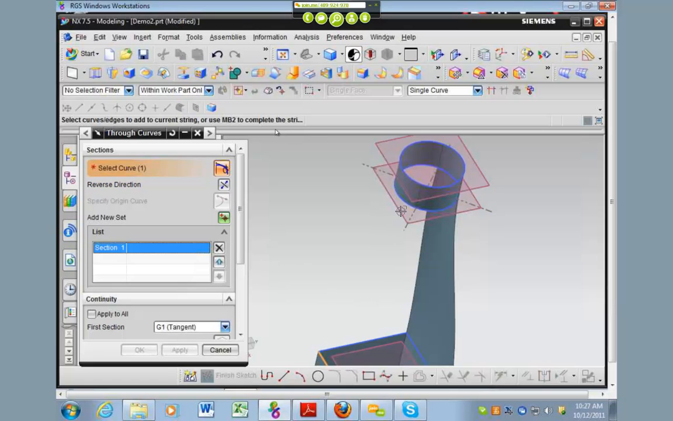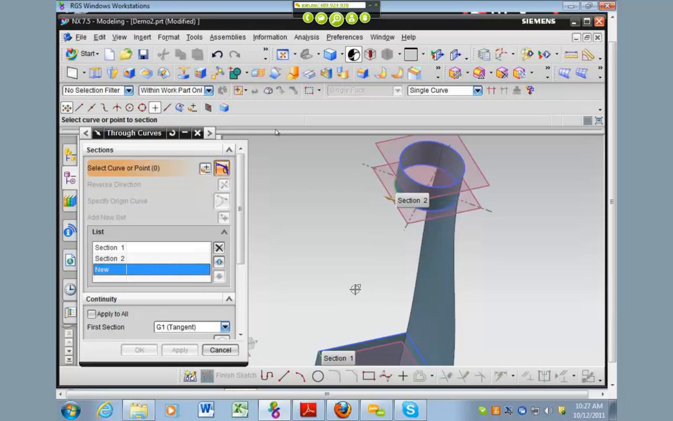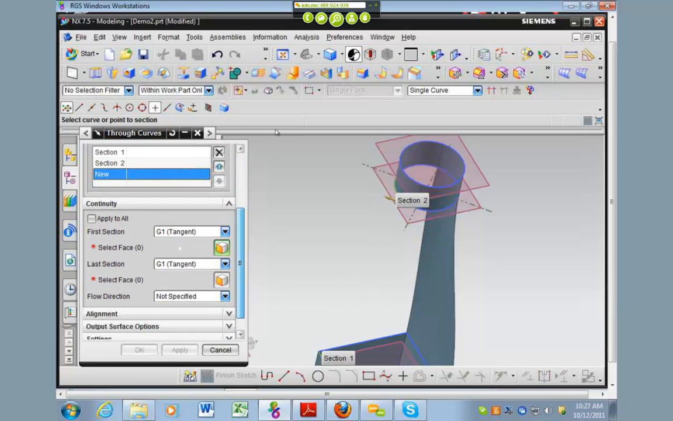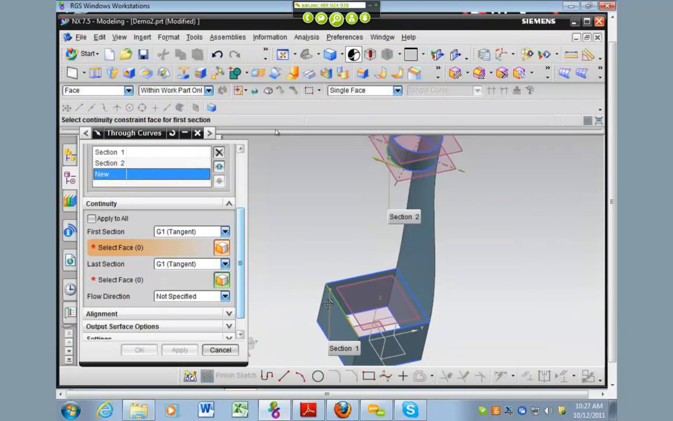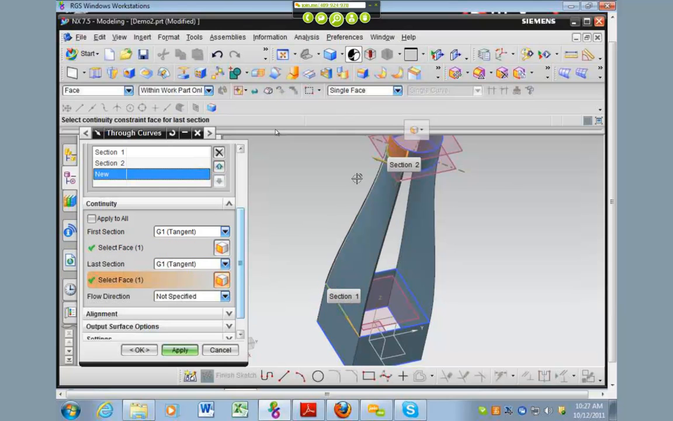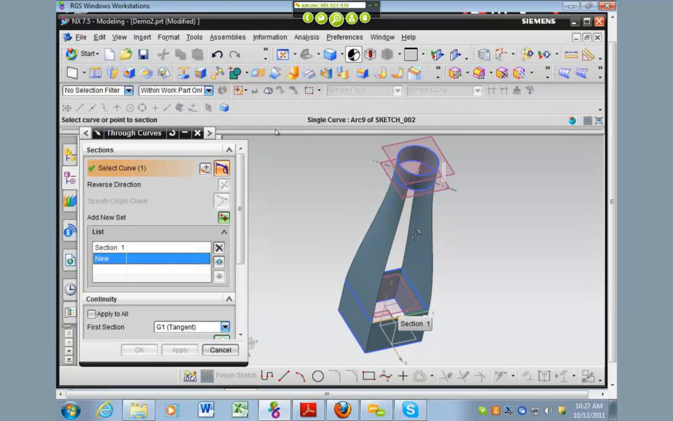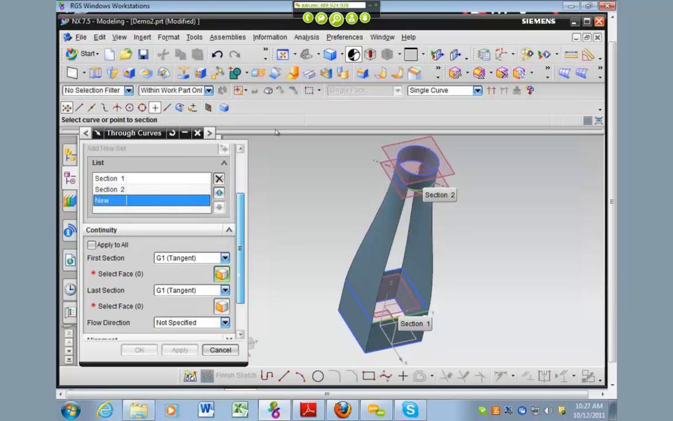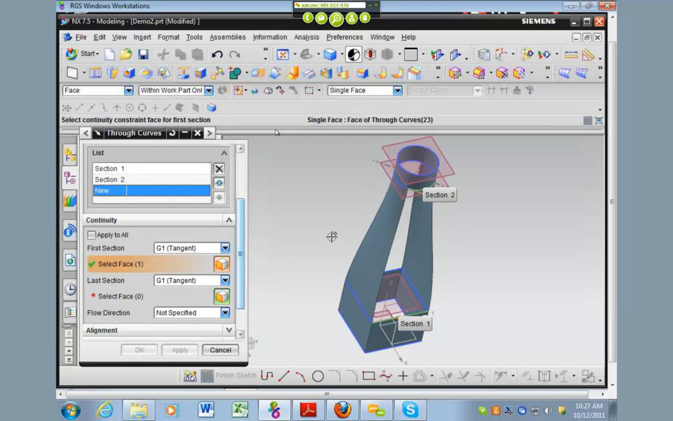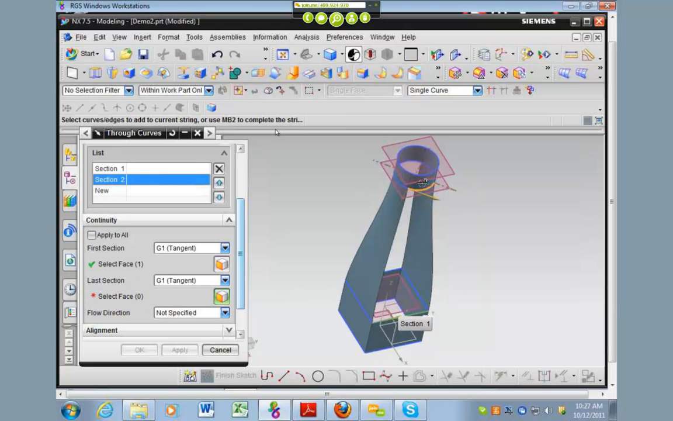If we do these across like this, and now it's asking which face to be tangent. So the first one we want it to be tangent to this guy, and the last one we want it to be tangent to this guy. Okay. If we were to do the same thing here, which we can, and then tangent from this face to this,